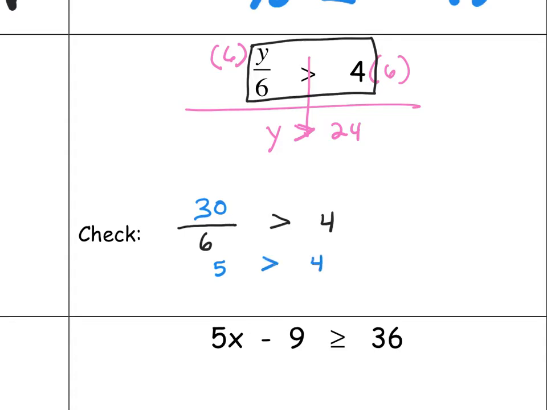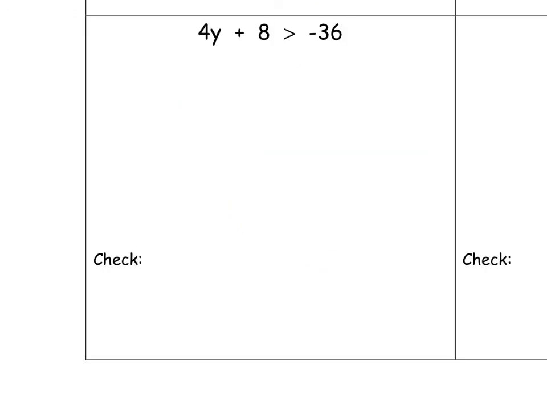So now let's go on to two-step inequalities. When I solve two-step equations, I have two numbers that I have to undo. I have a coefficient and I have a constant. And we work backwards from the order of operations. We undo the number that's being added or subtracted, the constant, and then we undo the number that's being multiplied or divided, the coefficient. So we're going to build our wall,